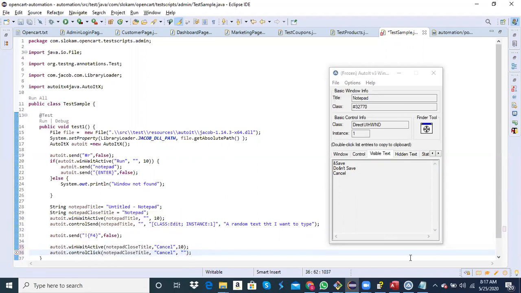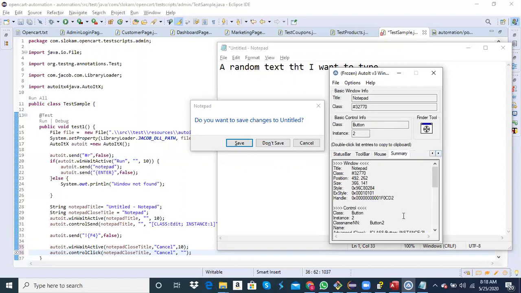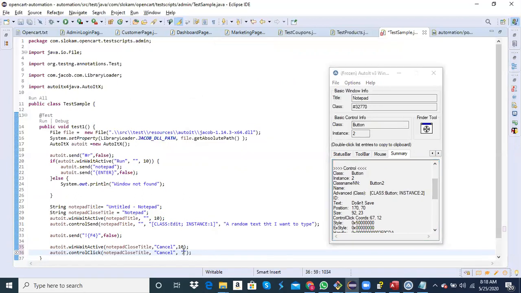So here you have different options. You can click on save, don't save, cancel. I want to click on don't save. So that locator is this one. First locator is this one. So I'm just copying it and then pasting it.